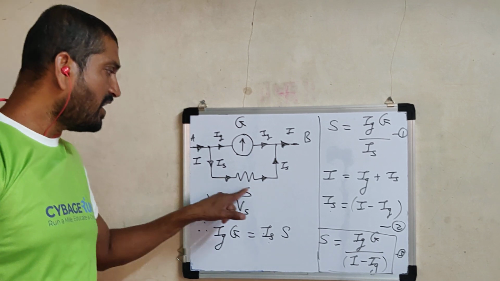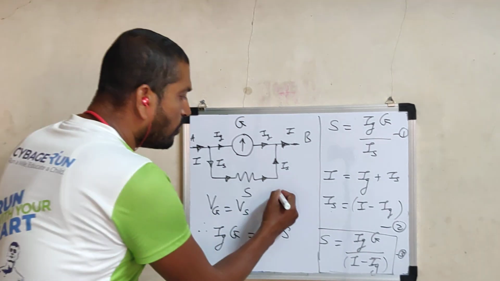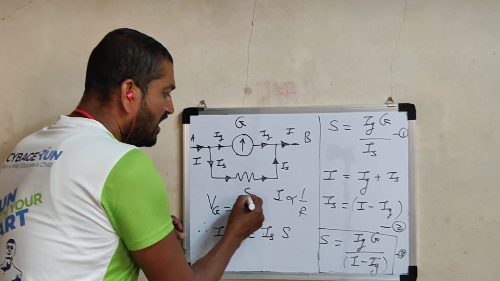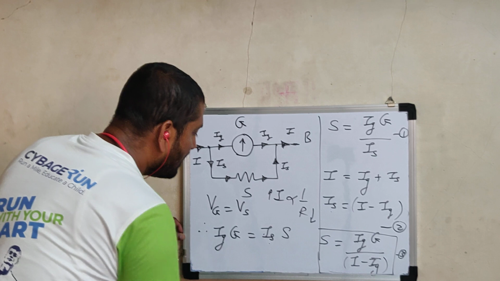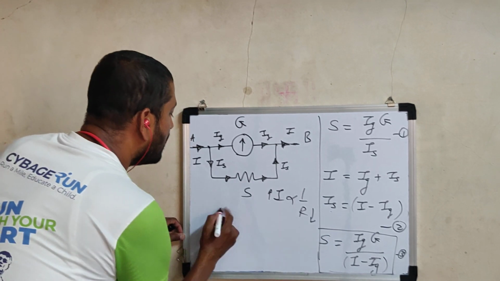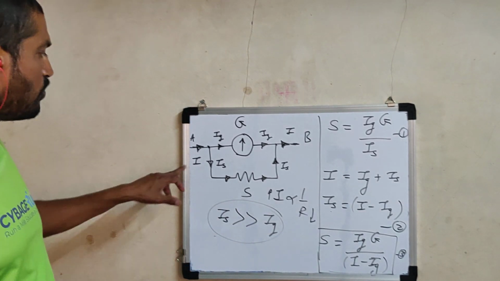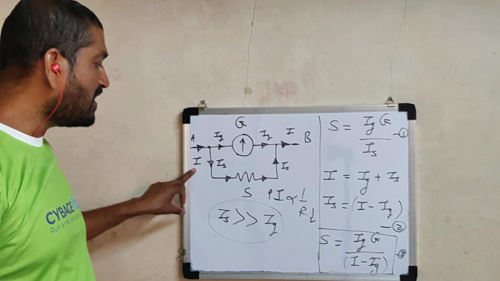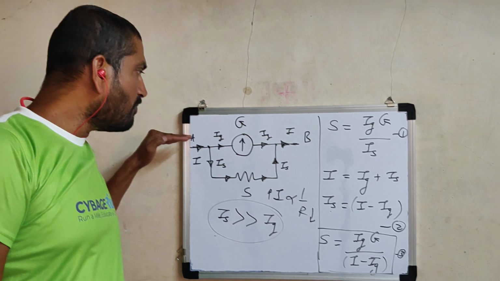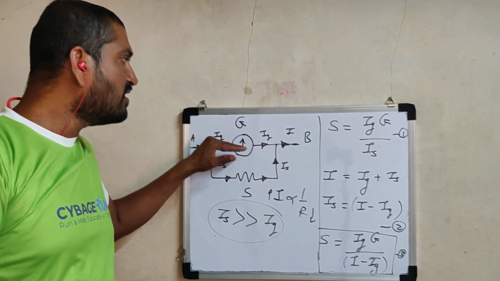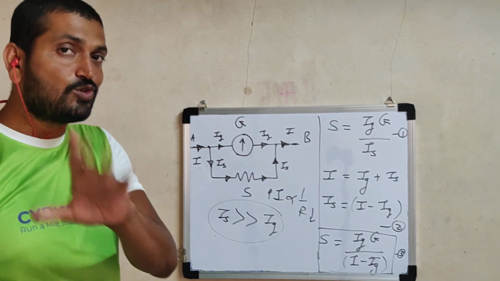Now see here, by connecting a shunt, what is the advantage? The shunt is very small, and we know that according to Ohm's law, current is inversely proportional to resistance. As the shunt resistance is very small, the current is very large. It means the current through the shunt is very high as compared to Ig. We are interested to measure the total current I ampere, but out of that, the major current is bypassed through this bypass circuit called the shunt circuit. So the current passing through the galvanometer is very, very small, and hence it will not be damaged. So this limitation is overcome now.